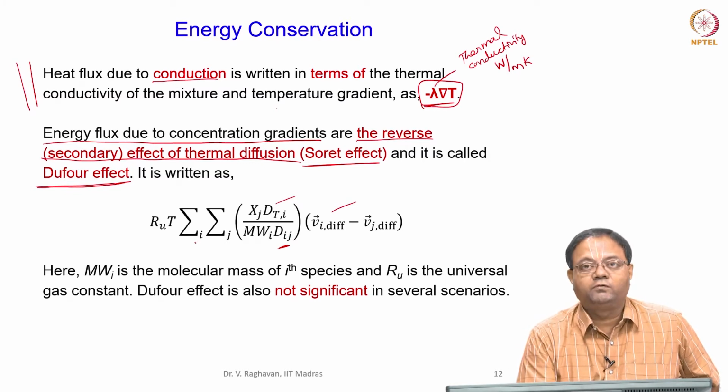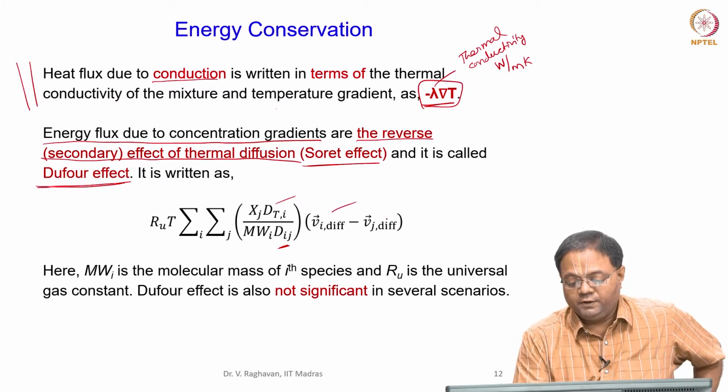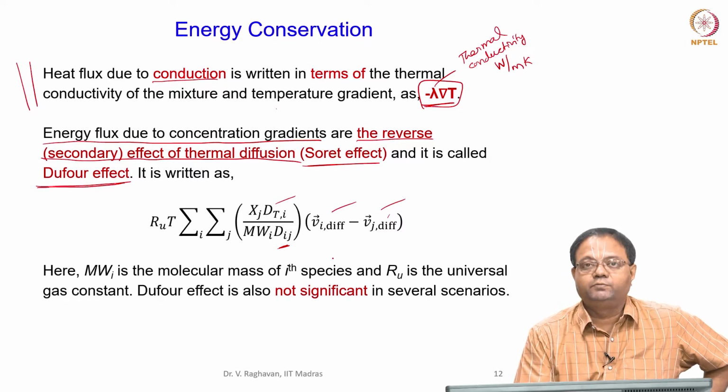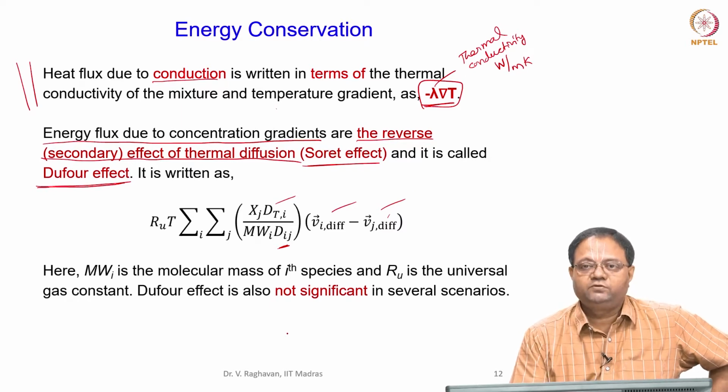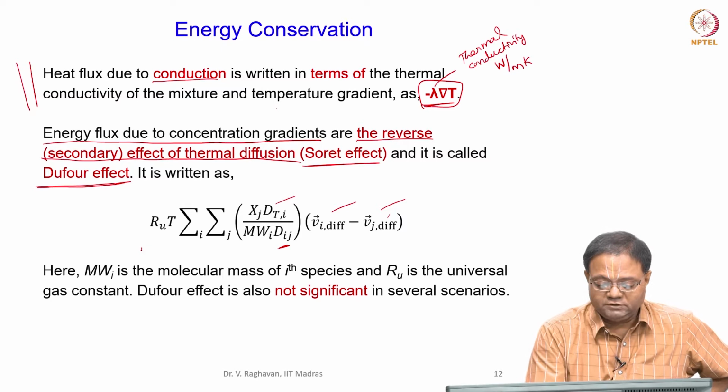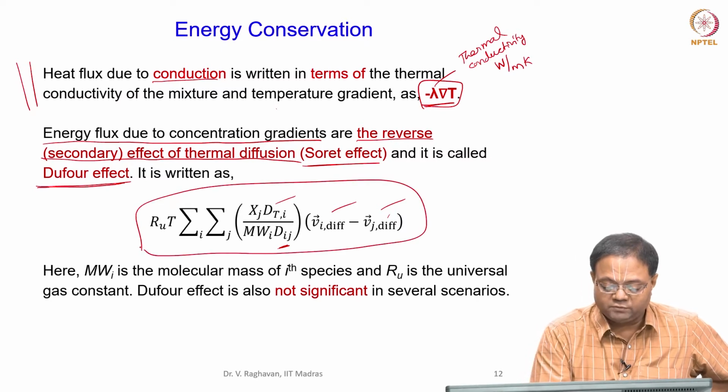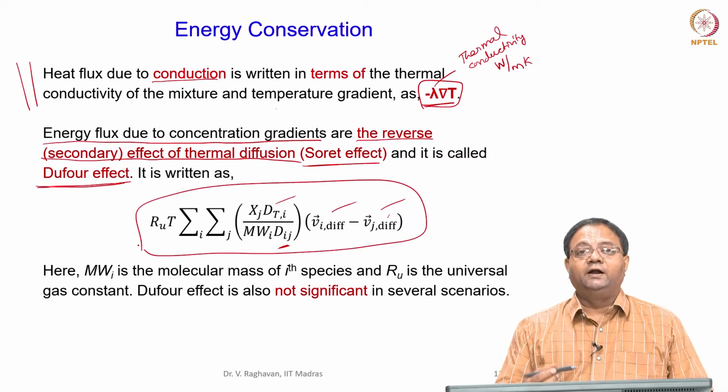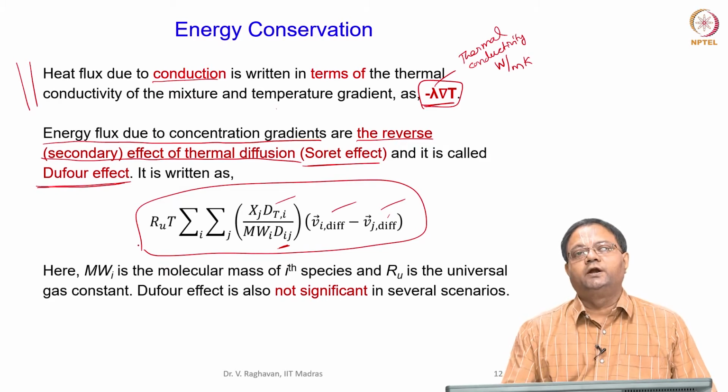We are summing up for i and j, and the diffusion velocity difference between the ith and jth species. So, this is called the Dufour flux, which is the addition of energy due to the concentration gradients,